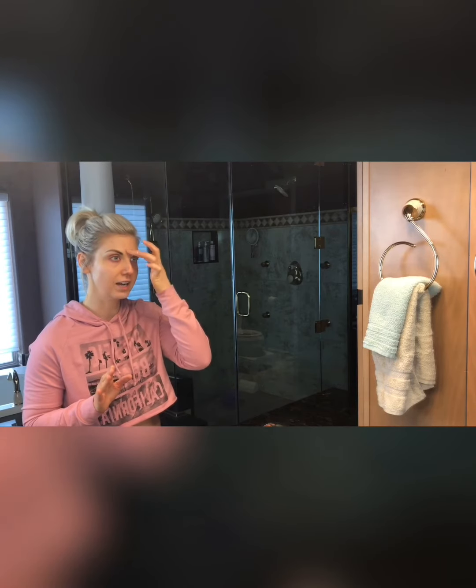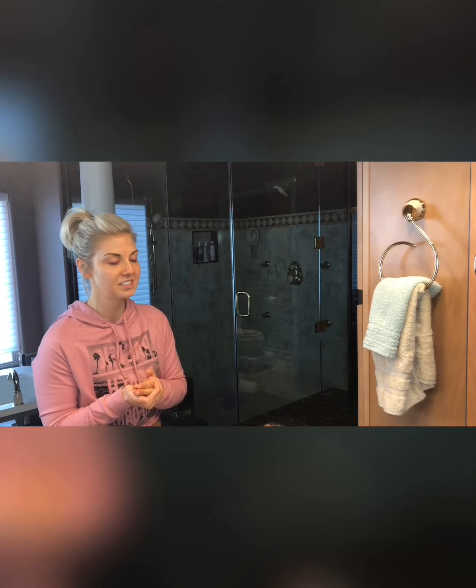Like once I put on makeup, I'm still kind of self-conscious about my blemishes, but most of all my dark circles under my eyes, which I know I've talked to you about before, but then also just the fine lines and the wrinkles and the age spots already forming, plus my blemishes and my pimples and hyperpigmentation from the years when I wasn't taking care of my skin as well as I should have,